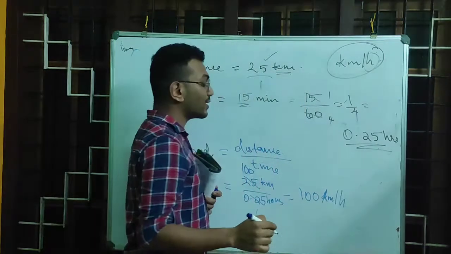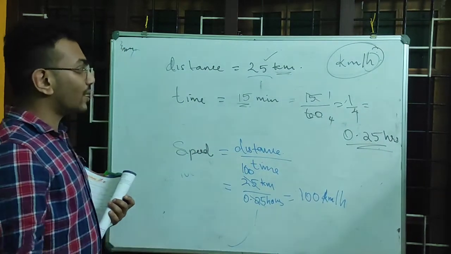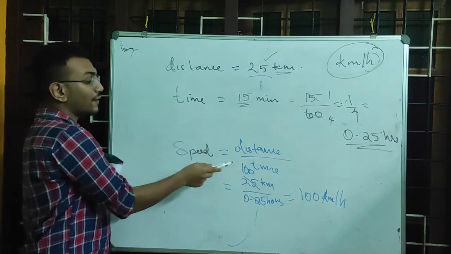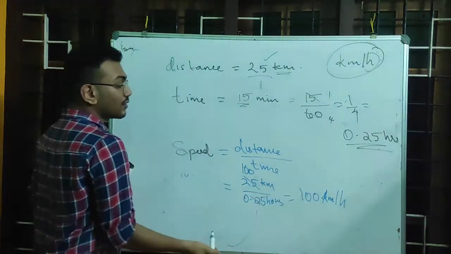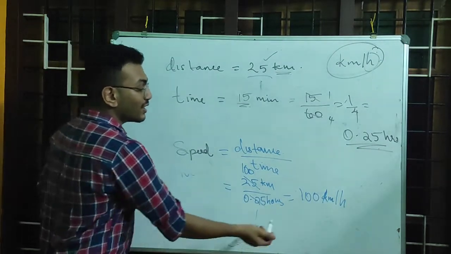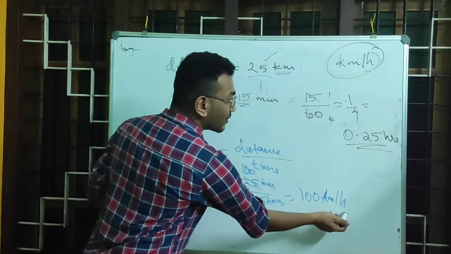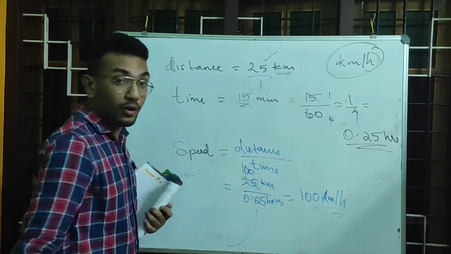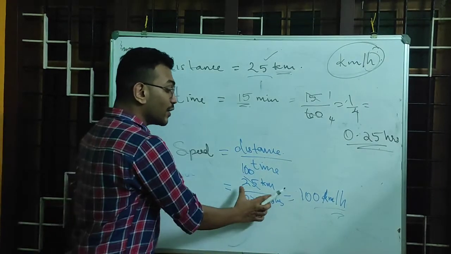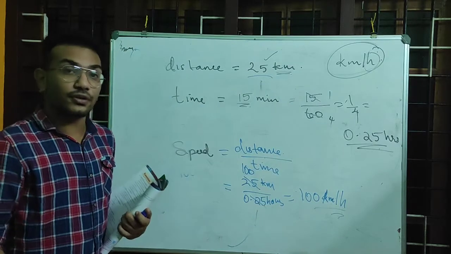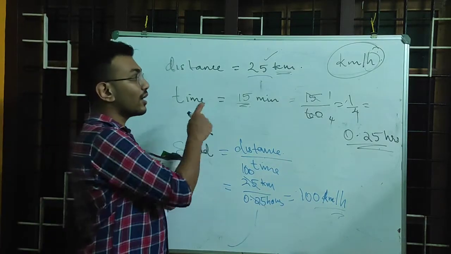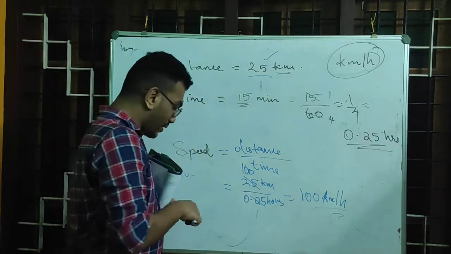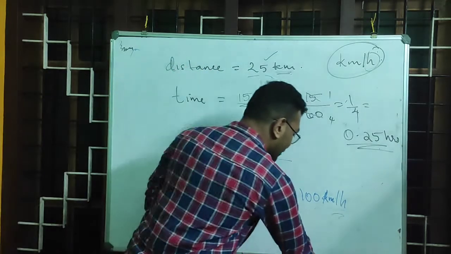For a question like this, if it is a 2-mark question, first you have to write everything that is given in the question. Then you have to write the formula, where you will get marks. Then the substitution. Then the final answer. Then the unit. If you don't write the unit, you will lose marks. If you don't write the formula, you will lose marks. If you don't show the correct substitution also, you will lose marks. So you have to write all these points. It is very simple, right? Now the second question also we can discuss.